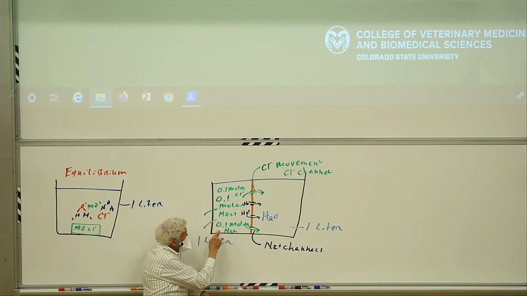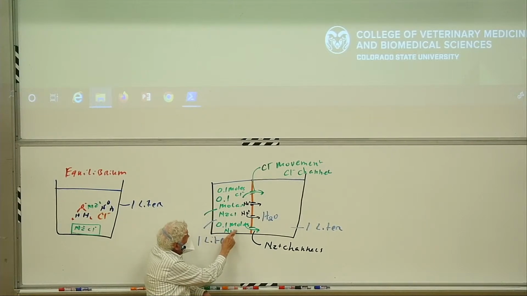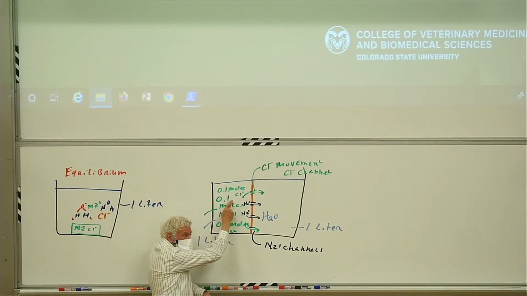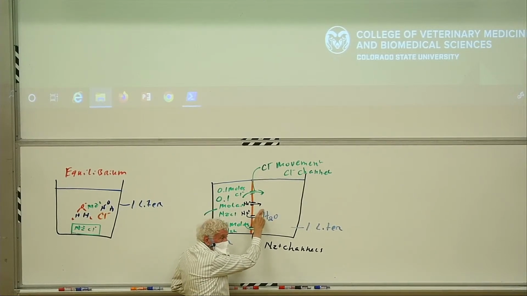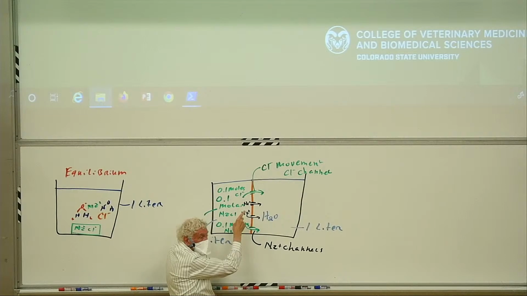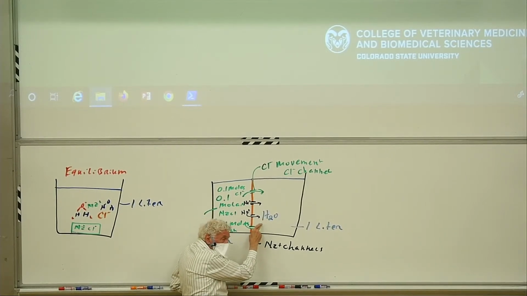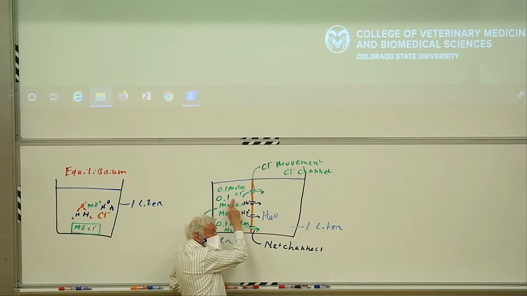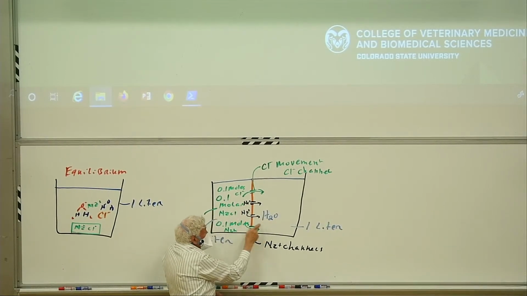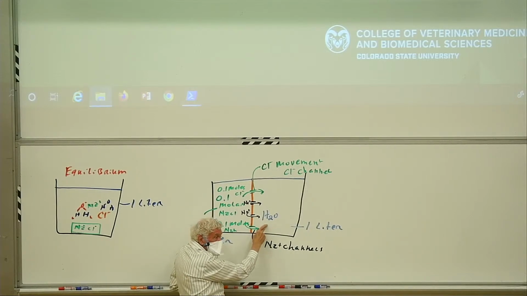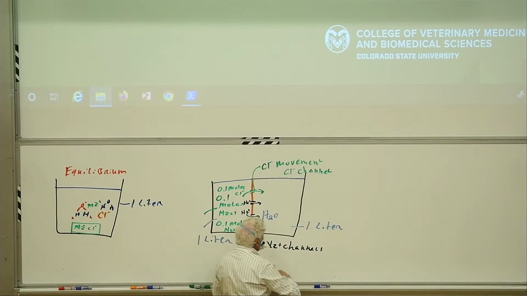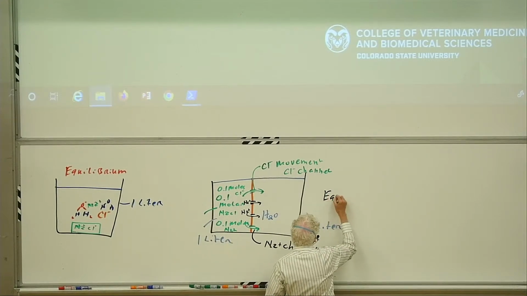Now remember, we have 0.1 moles, 100 millimoles of sodium ions over here, and 100 millimoles of chloride ions over here. We have none over here. So if these ions are bouncing against the wall, then the probability of having an ion move from left to right has to be all chloride or all sodium, because that's all we have over here. And initially, the sodium ions move left to right. They walk down their gradient. They move from where they're in high concentration to where they're in low concentration. And the concentration on this side begins to increase. So eventually, though, we reach an equilibrium